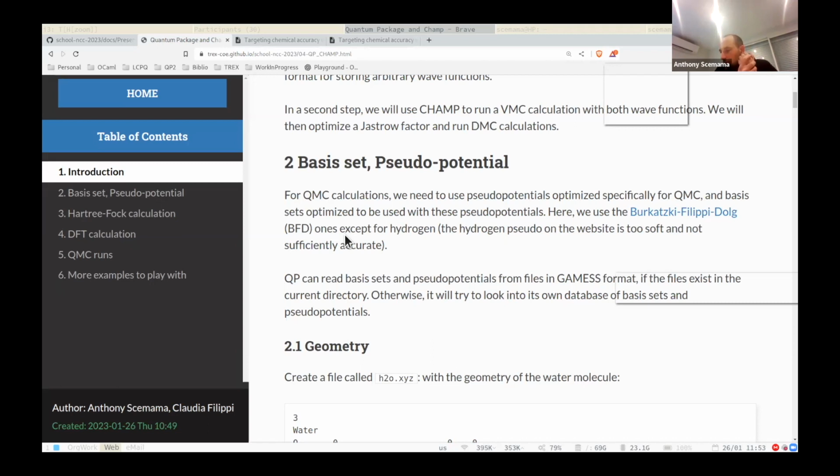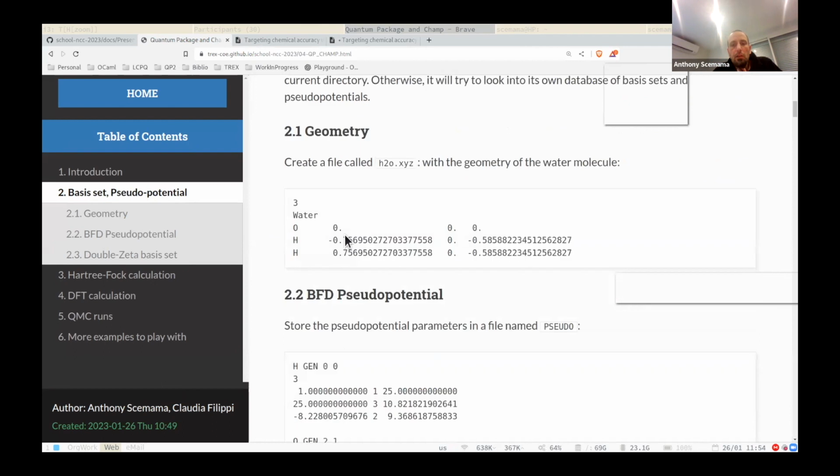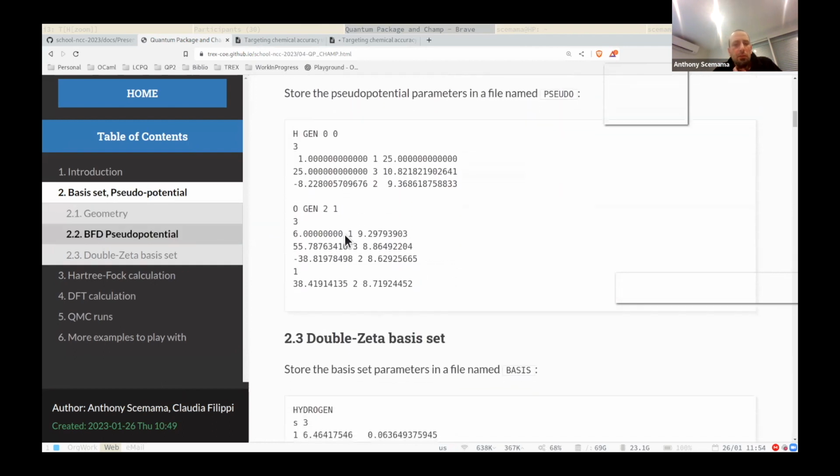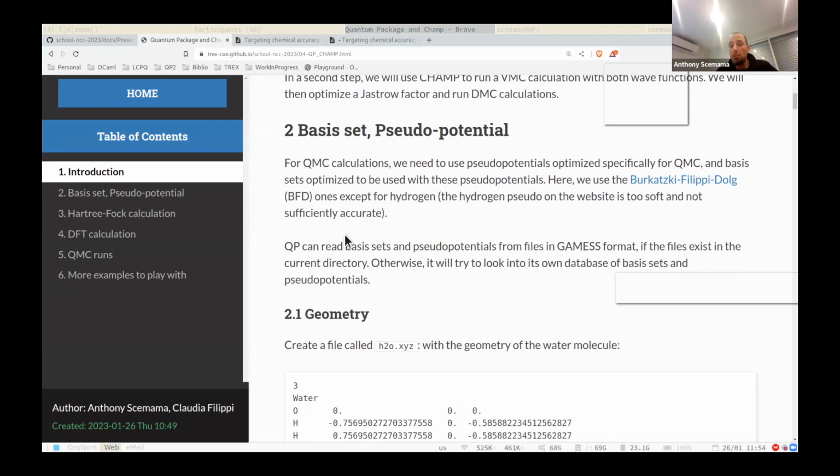So to solve this problem, what we usually do in QMC is remove the core electrons and use pseudo-potentials. This has the effect of making the total energy much smaller in magnitude. So for the water molecule, you remember we had minus 76 atomic units. And here with pseudo-potentials, you will get something more like minus 17, if I remember. So it's much smaller in magnitude, and so the variance will also become smaller by this effect.